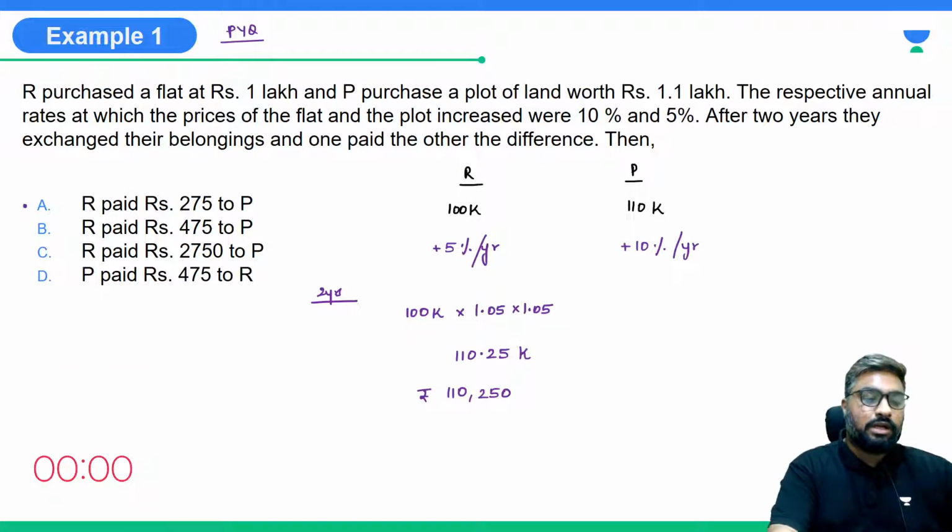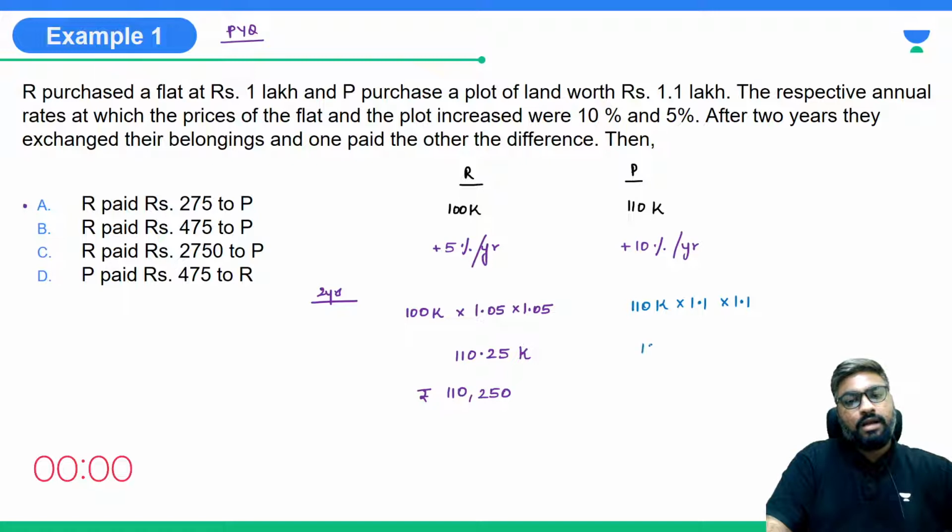And what about P's case? In P's case there is a 10% increase on 110. So it is 110 into 1.1 into 1.1. Correct? Yes, on 110k first 1.1, then another 1.1. This gives us 133.1k, which is nothing but